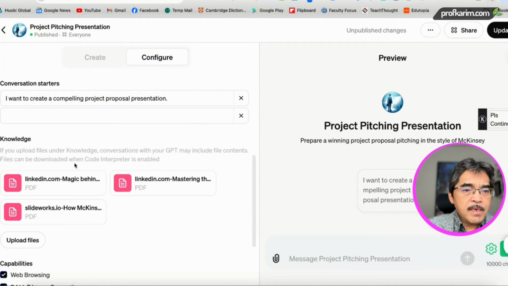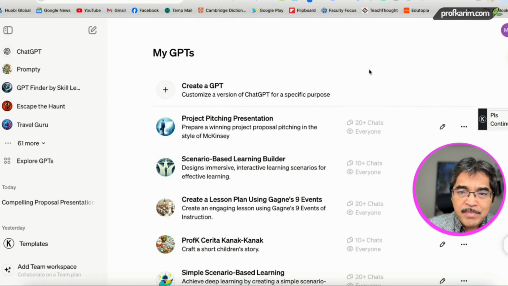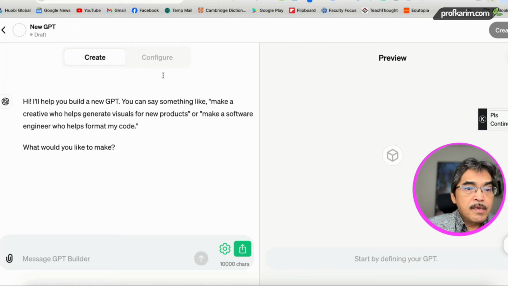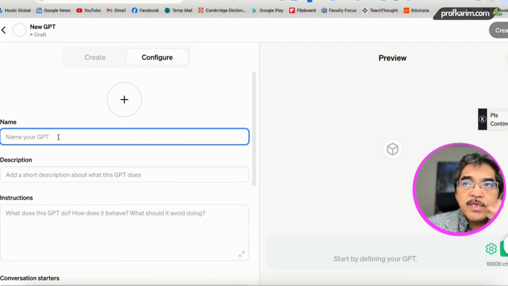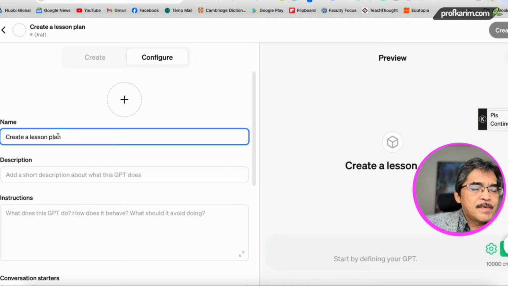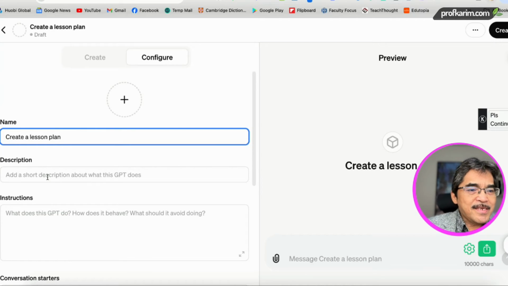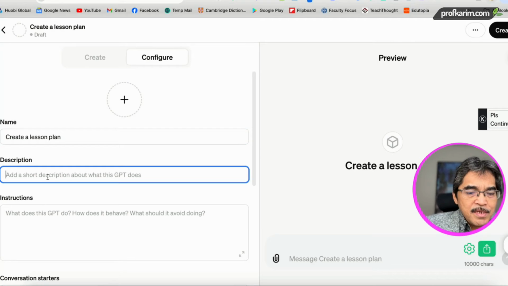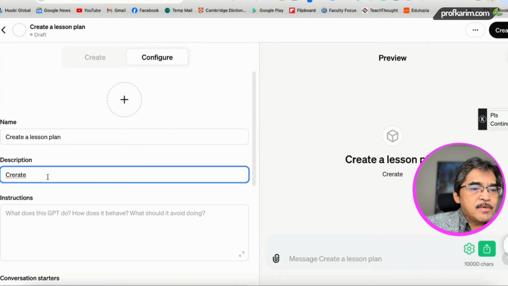After you have created your GPT, maybe I will show you now. I will create a dummy GPT here. Okay, create GPT, go to configure. Let's say I want to create a GPT to do something. Create a lesson plan. As simple as that. Then the description is create a lesson plan using,